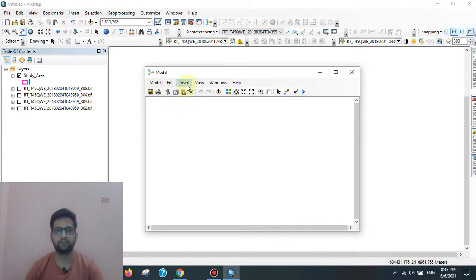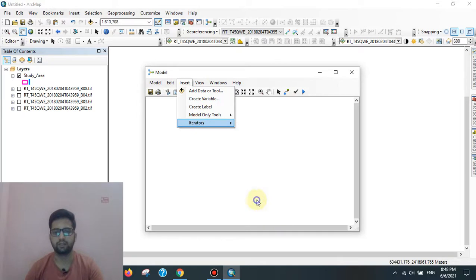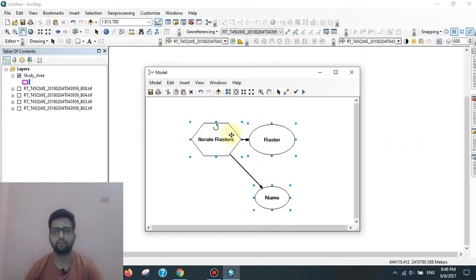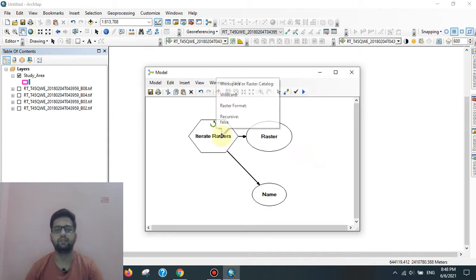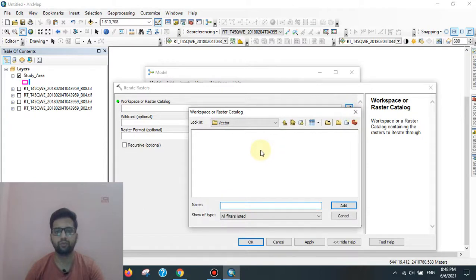At first go to Insert, Iteration, Iterate Rasters. Here we add the Iterate Rasters tool. After adding the tool, click it and go to workspace or raster catalog. Remember, here you input only a raster catalog or workspace, not raster data.